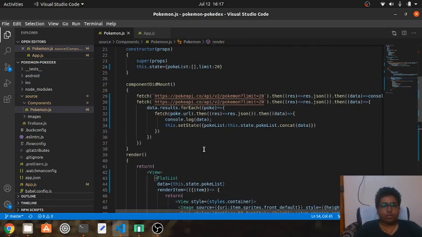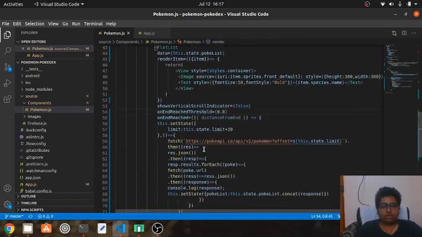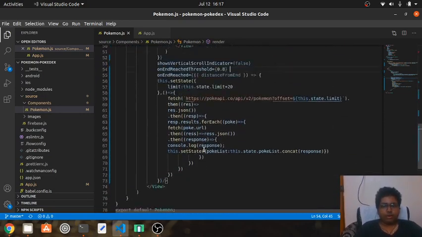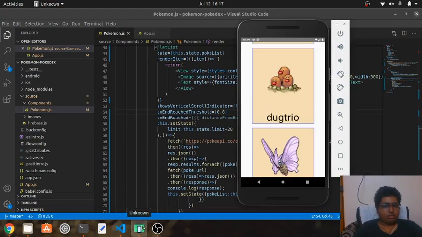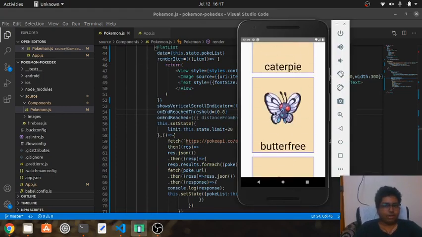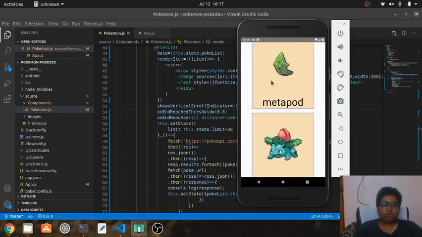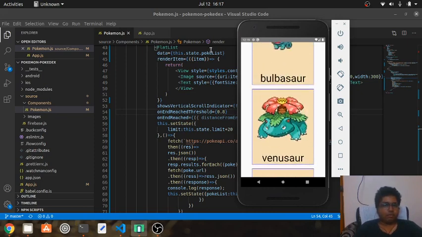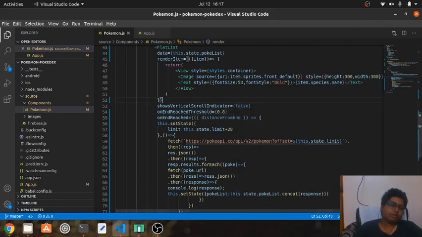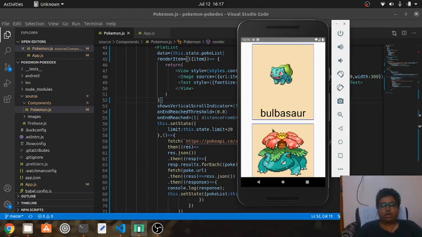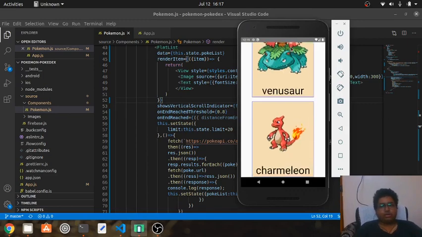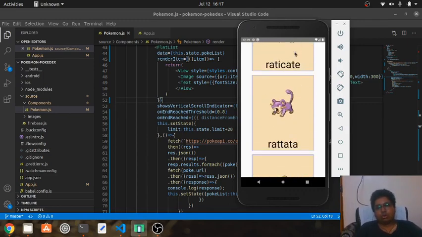Fine. So this way you can implement infinite scrolling, and you can create applications like Facebook or Instagram, or you can create this simple Pokemon Pokédex app where you can just scroll and check the Pokemons.